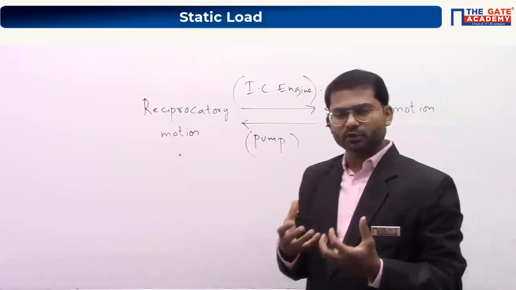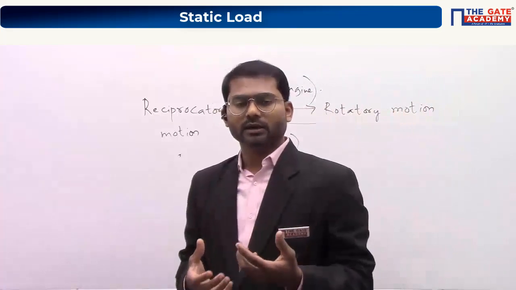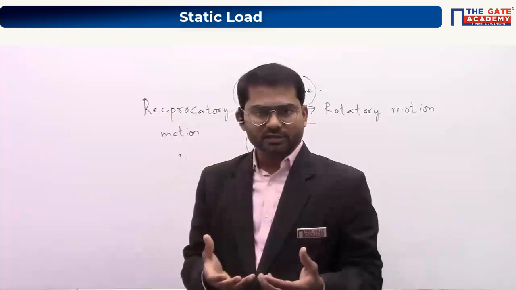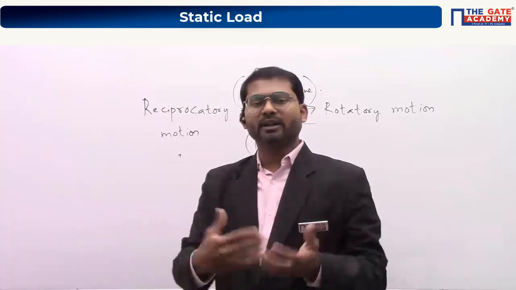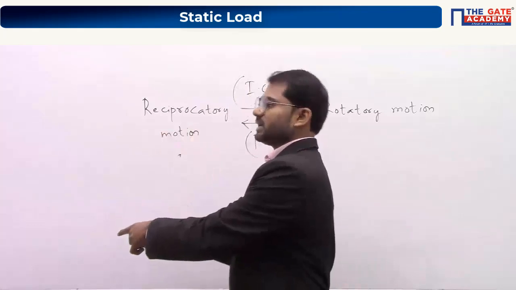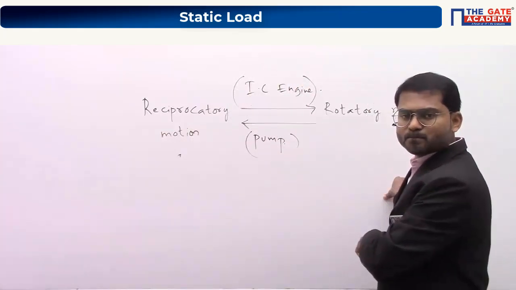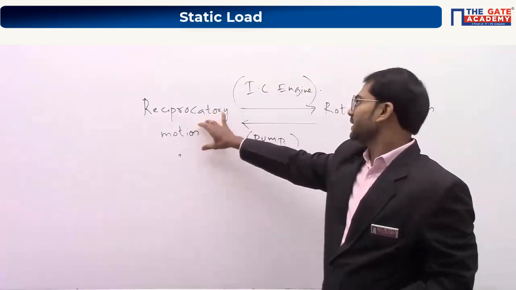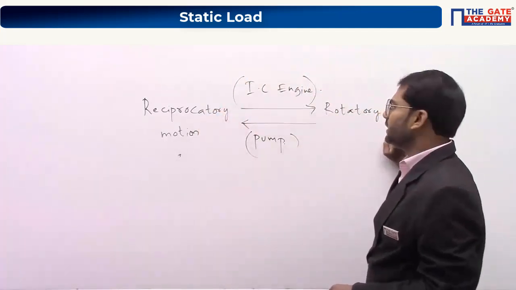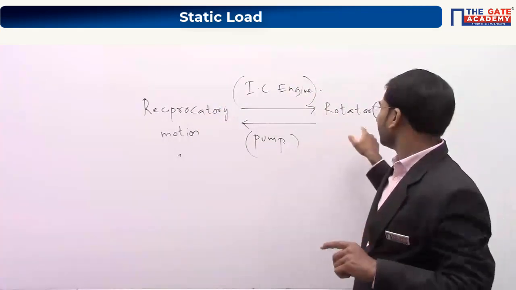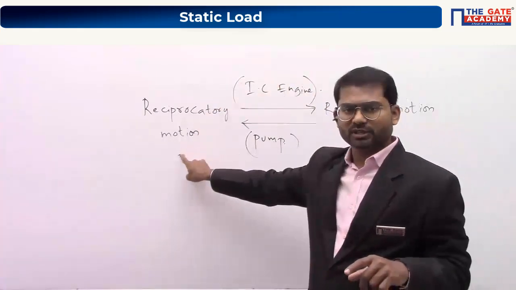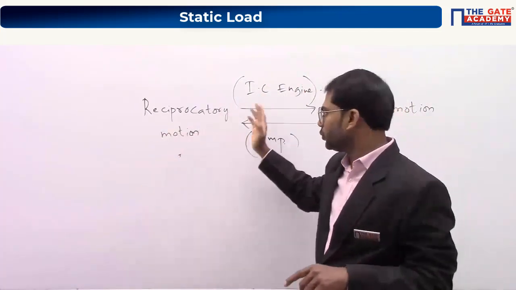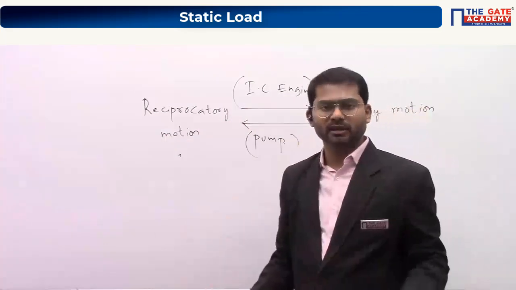So a machine is produced by using these resisting bodies, which are joined in a particular fashion so that one form of energy is converted to another form. If you are using it as an IC engine, then reciprocatory motion is converted to rotatory motion here. Understand? If you are using it as a pump, then rotatory motion is being converted to reciprocatory motion here. Understood? And the corresponding energies basically. Clear? Once you are doing the conversion of motion, automatically energy will also be converted.